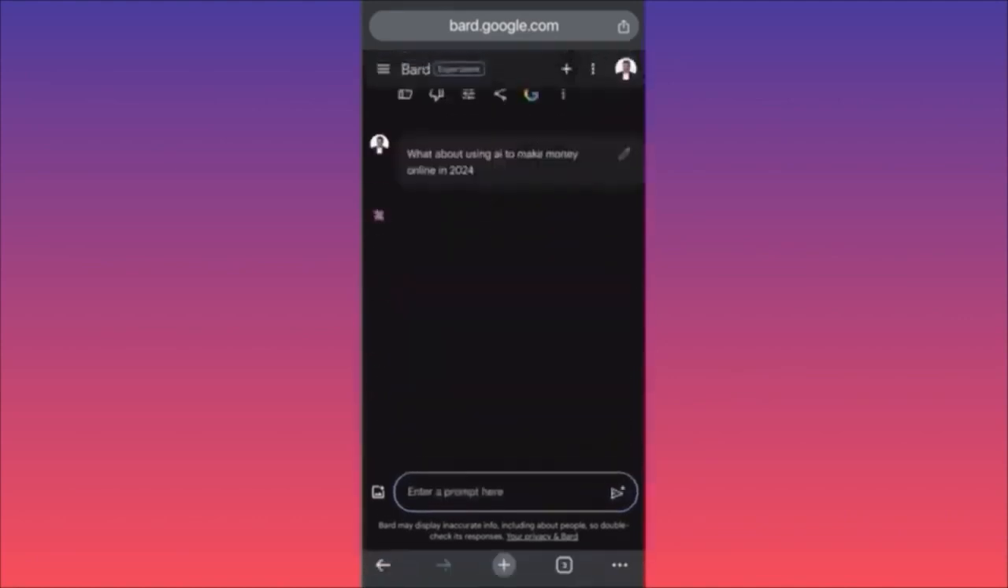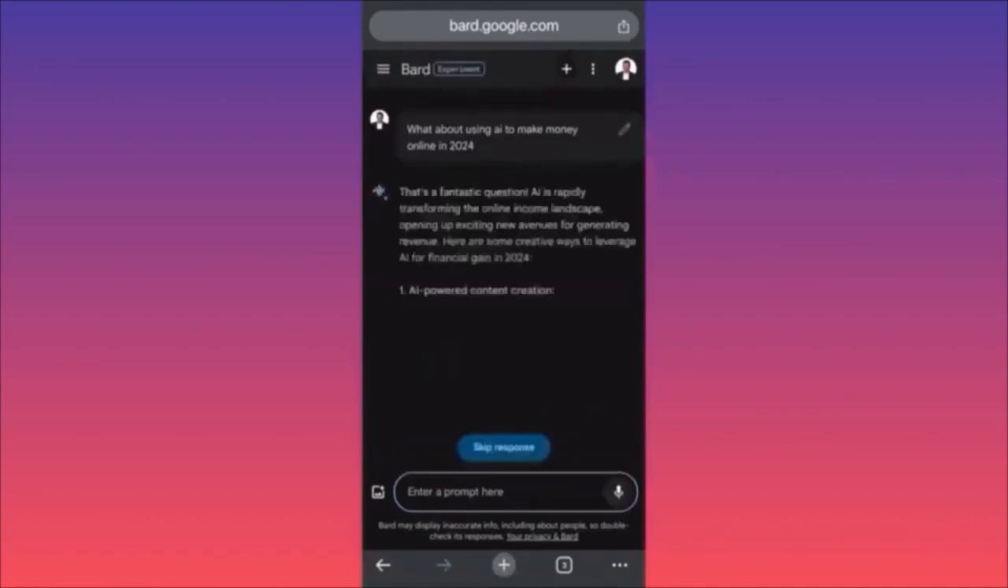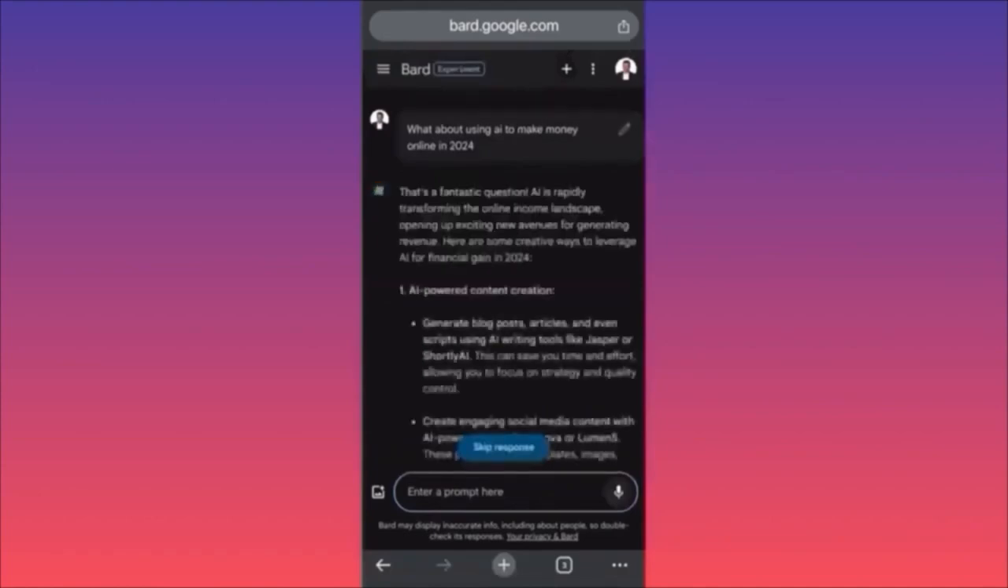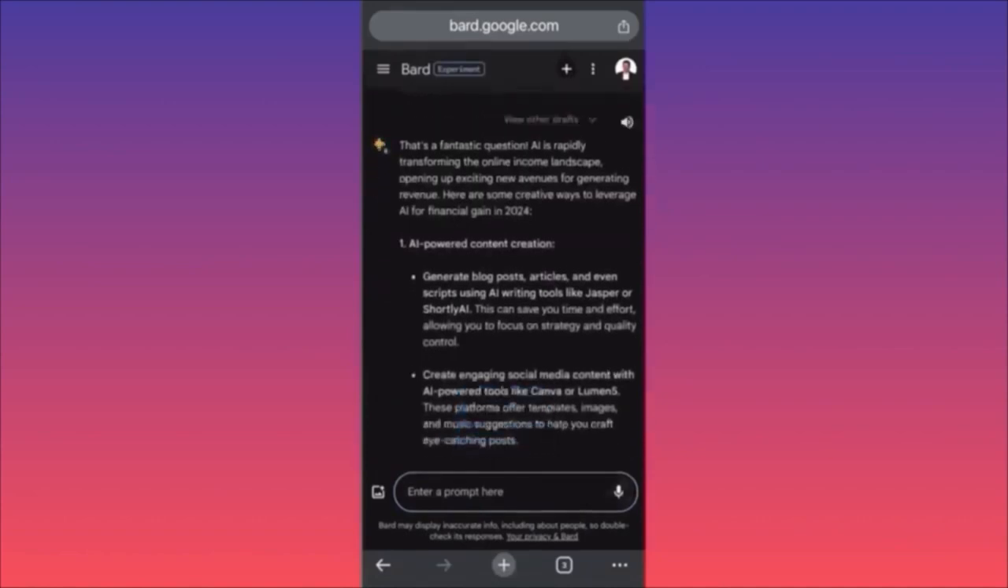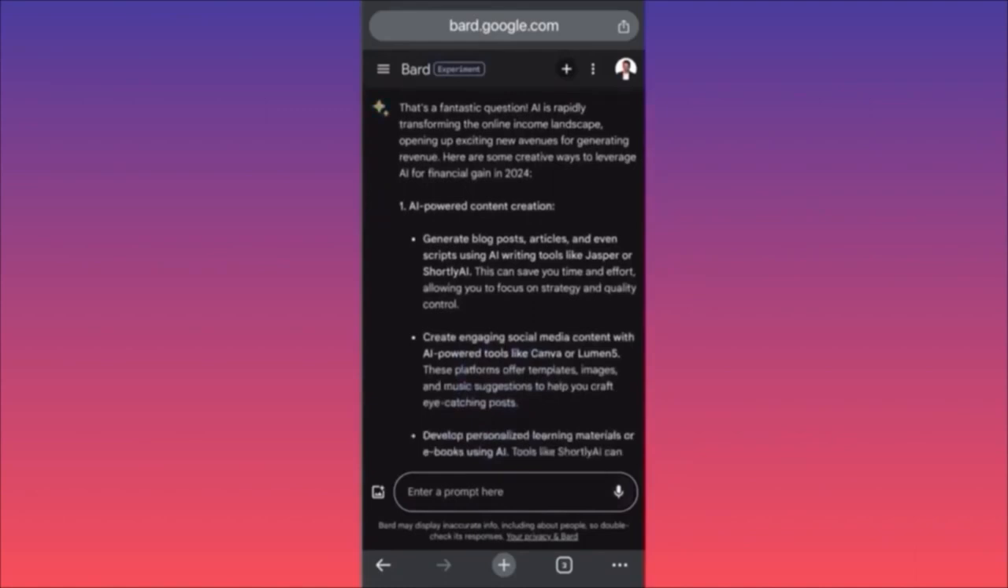Let's see something more upgraded, guys. Let's use the vast capacity of Bart AI. Okay. The idea number 1 is AI-powered content creation. Generate blog posts, articles, and even scripts with AI writing tools like Jasper or Shortly AI. Essentially, over here, guys, they are suggesting that you should start your own blog and you should start posting